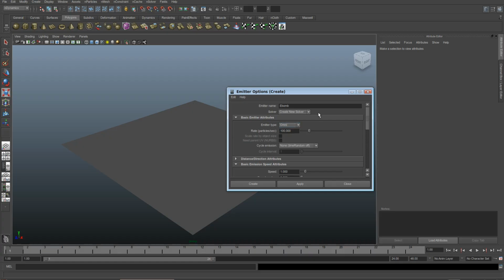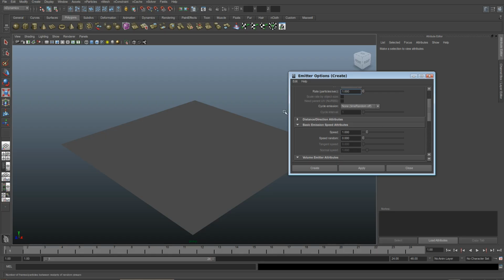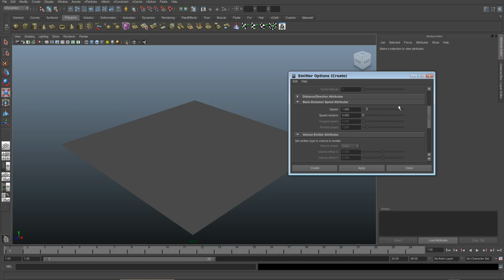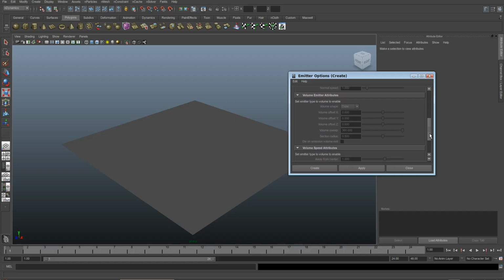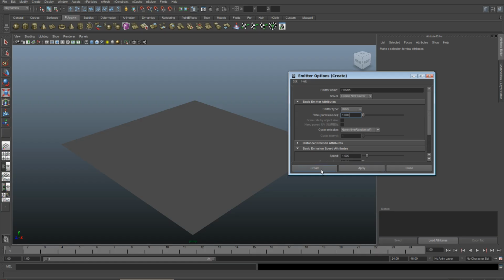Now here we have the basic attributes of your emitter. So you can have an omni emitter, which emits from all directions, a directional emitter, or a volume emitter. For this particular instance I'm just going to stick with the omni emitter. Now this is the number of particles the emitter will put out per second. It's quite self-explanatory. However, in this case we just want one with the speed of 1. We don't want anything fancy, we just want balls to drop to the floor, what eventually will be bombs. You have no volume emitter attributes available to you because we're not using a volume emitter,